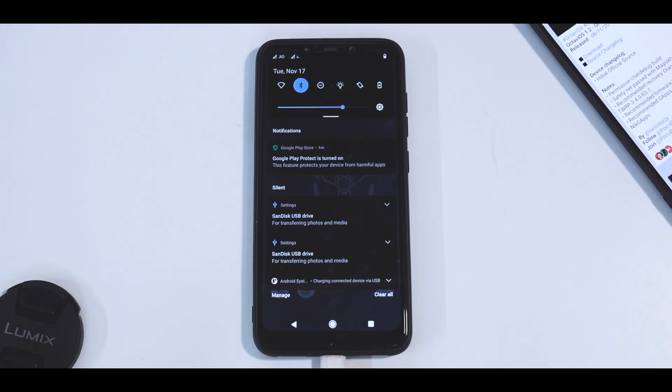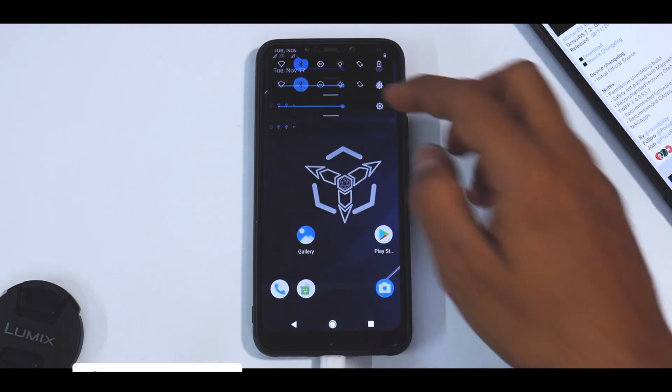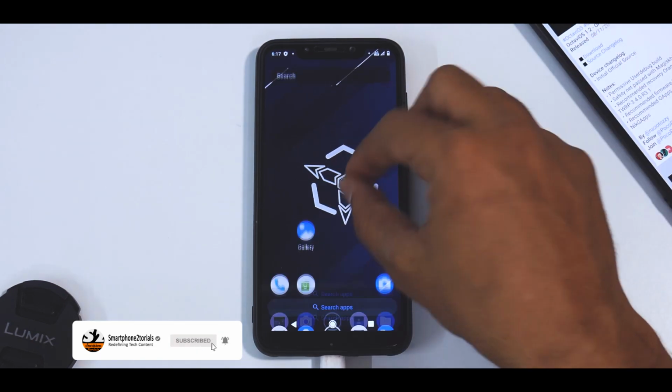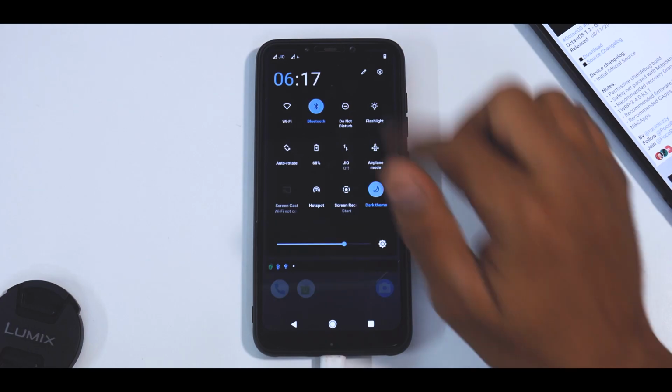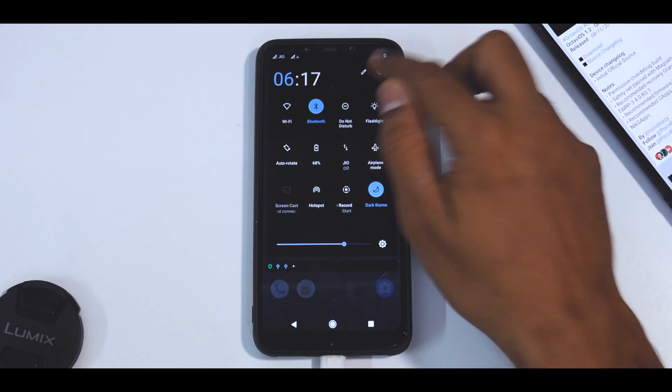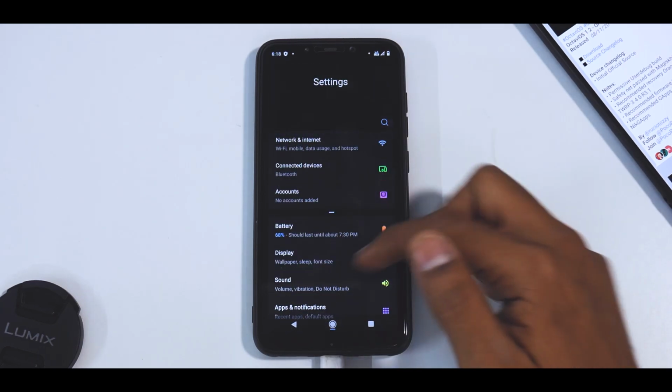If you want to be safe, yeah, you can wait for me to review this ROM next week. I will be using it, but from the first impressions, it looks great. Let's face it, it looks great. The launcher is good, the smoothness is there. So yeah, that's what you get in an install and preview. I cannot tell you much from first impressions, but yeah, it looks pretty good.